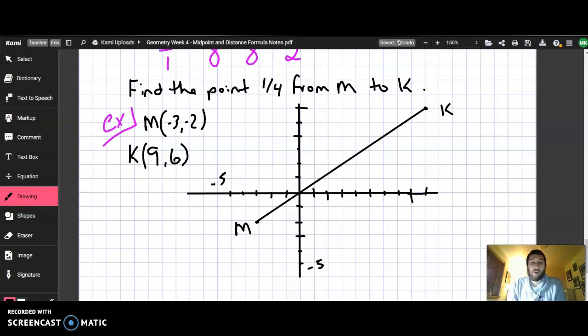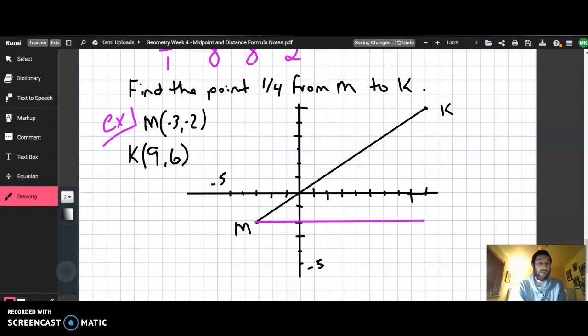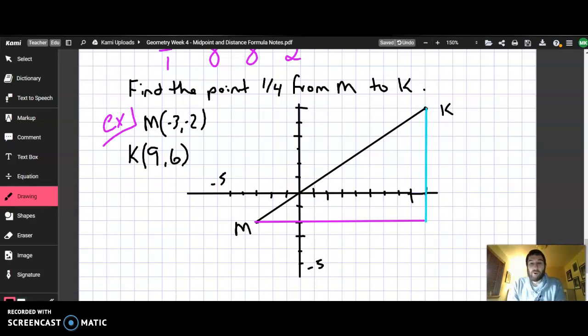Now, we want 1/4 of the way from each of these points. So let's go ahead and first identify what the full distance is. Now, I'm not finding the distance of the full line here. Why? Because we want to take advantage of how we name points and how we label points. We label points with an X component, and we label points with a Y component. So let's take advantage of that. Look at our two elements of this separately, and by combining and working with both of those, we'll be able to find our point